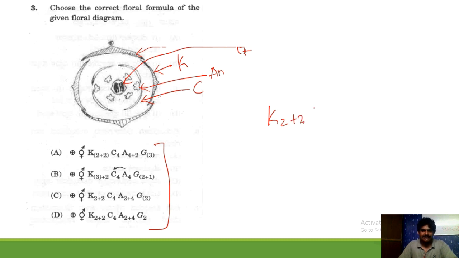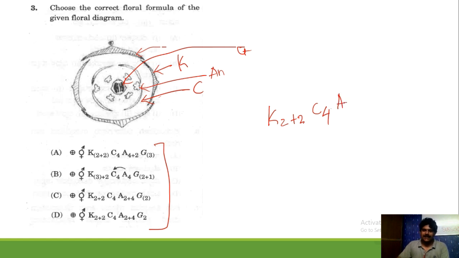Okay, then comes the corolla. They are in a whorl, but they don't have any connections, or they haven't come one over the other, they didn't overlap, they are freely moving. So that's why we consider them in corolla as 4. It is an easy formula, we should not think of the scientific terms here. It is very simple.